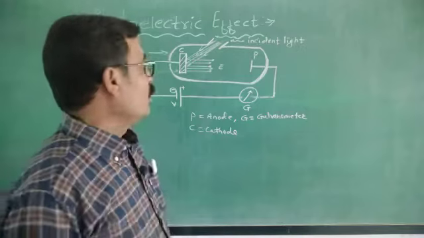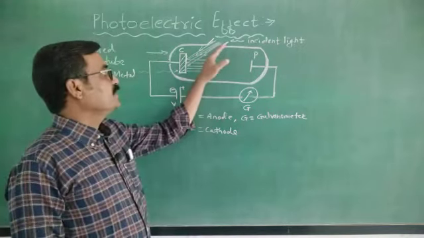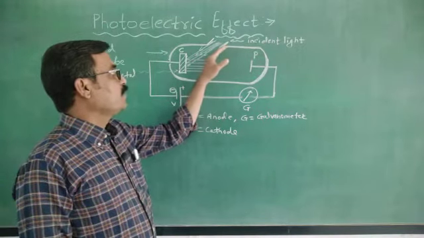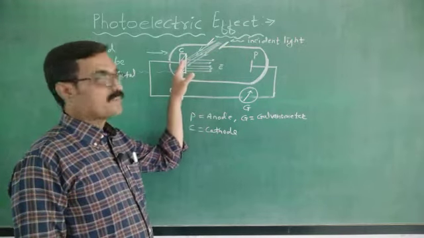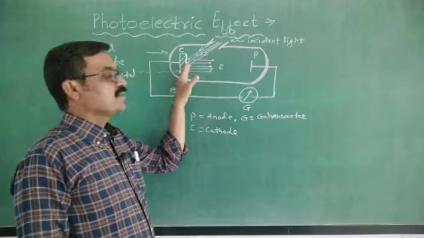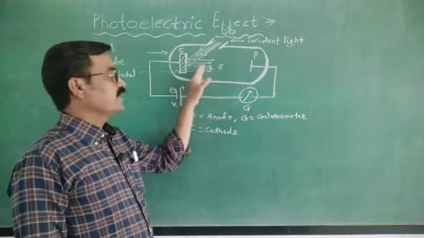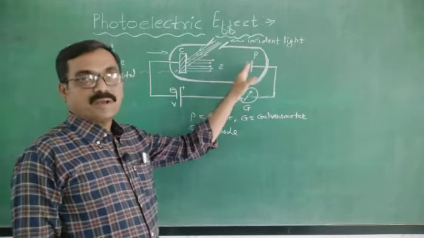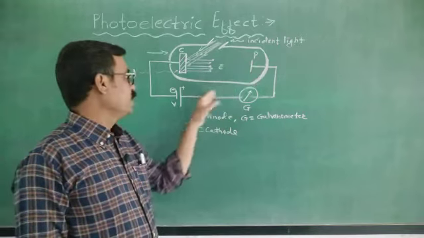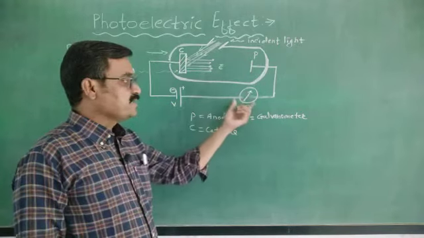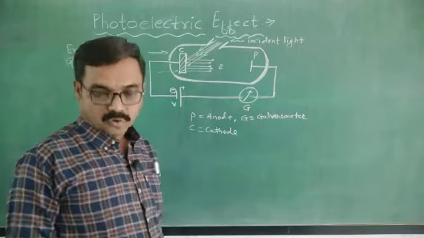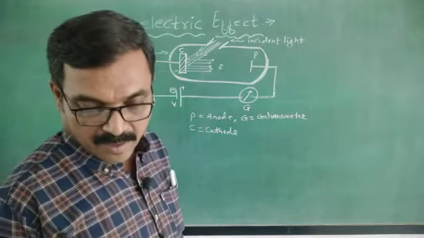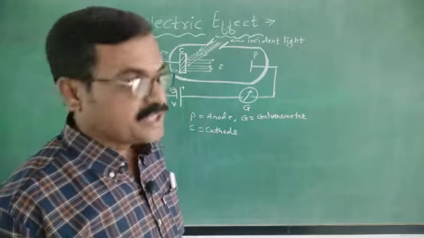Now when light of a particular wavelength is allowed to fall on the metal surface, then these electrons are ejected. These ejected electrons are pulled by the anode by the voltage V, and current is measured in the galvanometer. That current is called the photoelectric current. Now here for each metal,